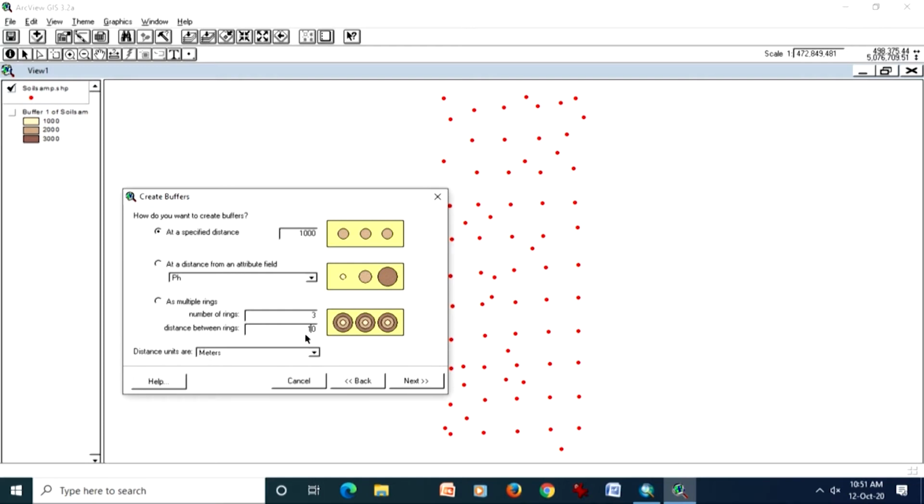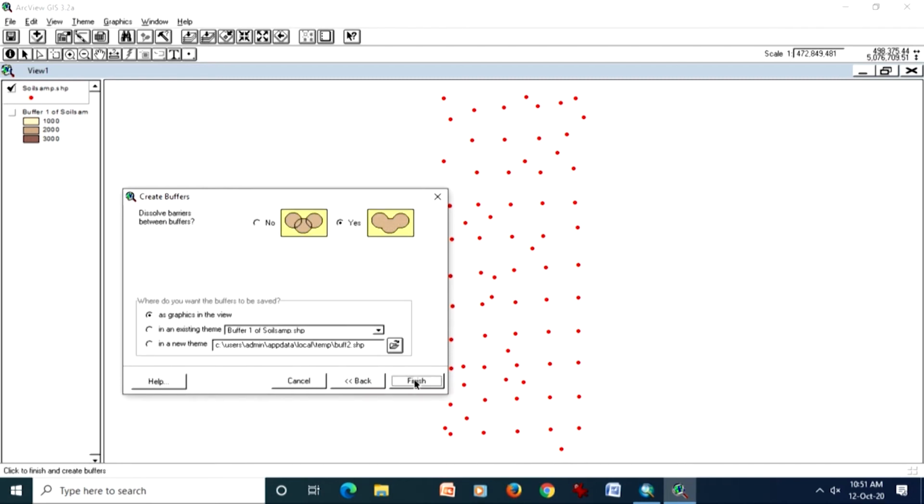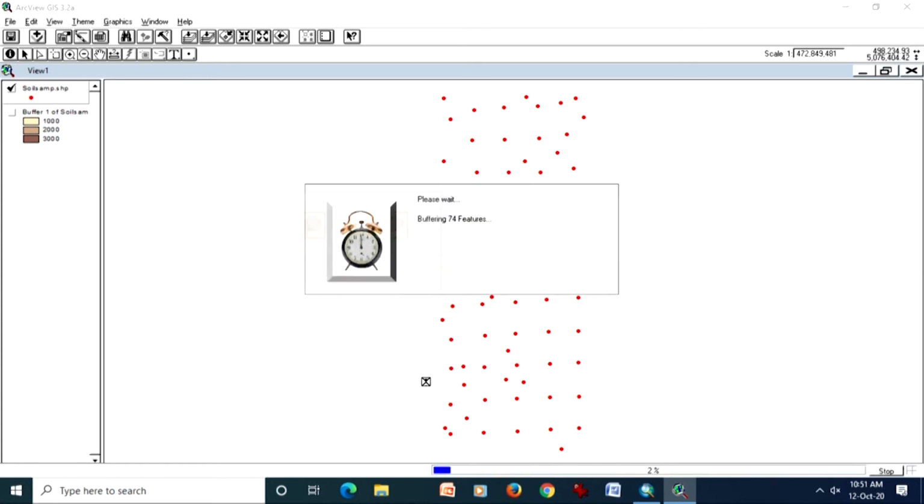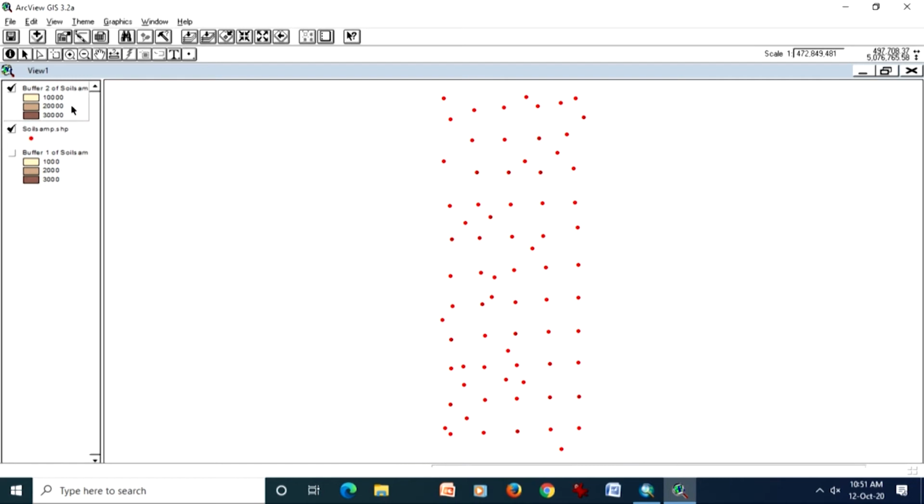Again, problem about the distance. So okay, maybe a little larger distance we give, and then multiple buffers, and we are going for a new theme. Again multiple buffers have been created around each point.